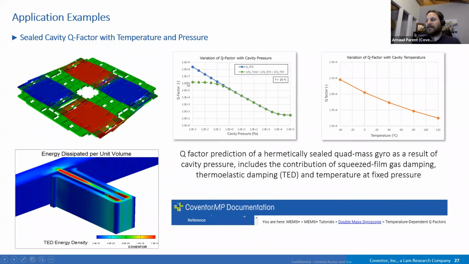But something else is the plateau limit of Q factor, a well-known phenomenon that is thermoelastic damping. Thermoelastic damping you will be able to study in Coventor Ware. And here to illustrate, we are showing the thermal distribution on one of the key suspensions of this device. And thermoelastic damping will give you a plateau of Q factor that you can also add to your model.